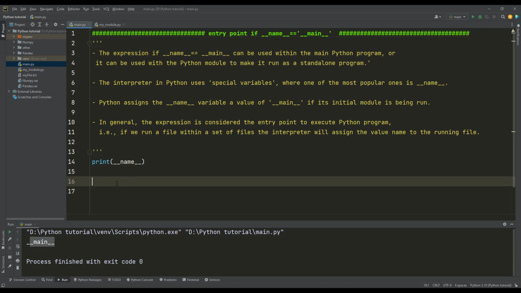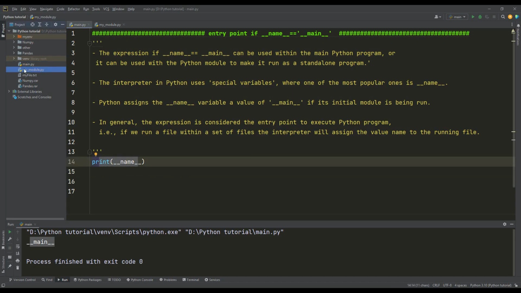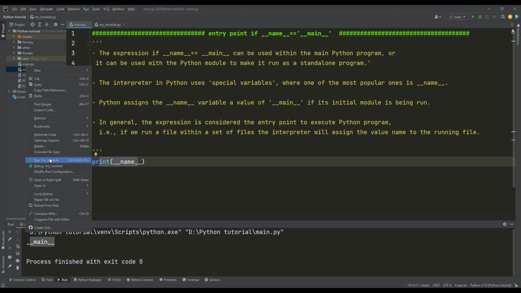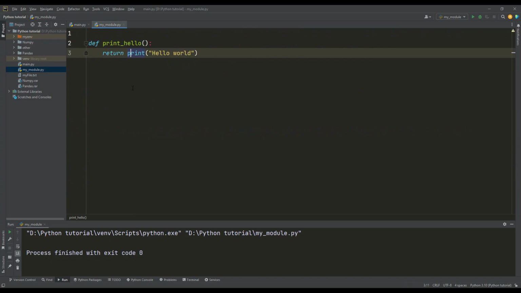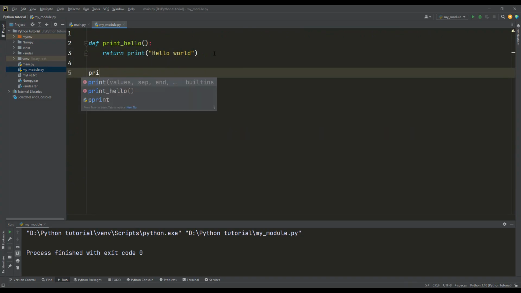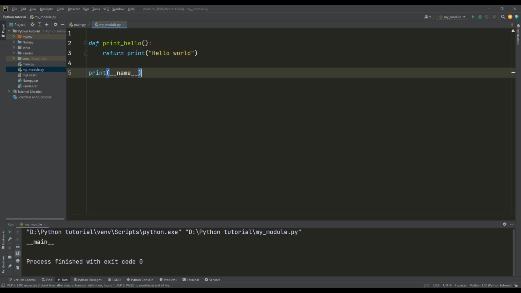Now, as we agreed, if we run this program or this script, it will be assigned the main name. If I now run my module, I click run my module, and we have nothing, because it's empty. But if I print __name__ and run this file, it will become main.